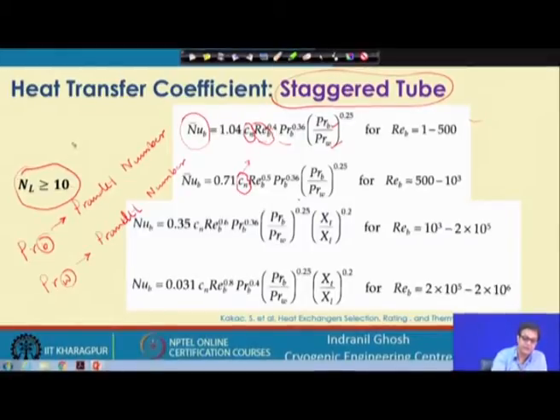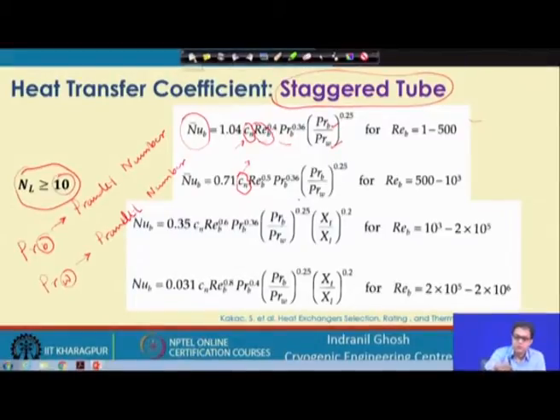If it is less than 10, it will be some factor, but if it is more than or equal to 10, then it becomes 1. So, that is how the correction factor for number of rows less than 10 is taken into account automatically in